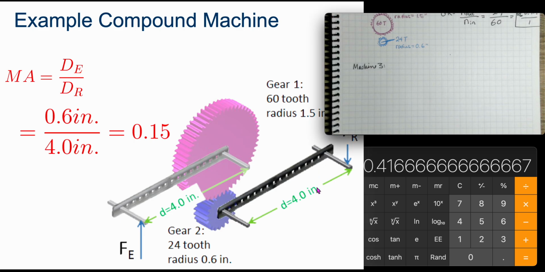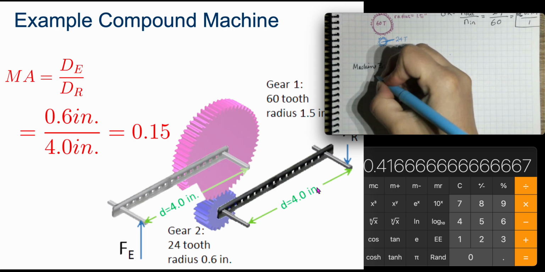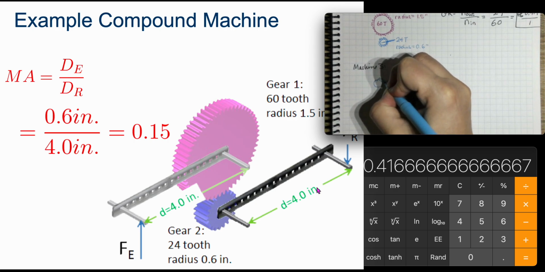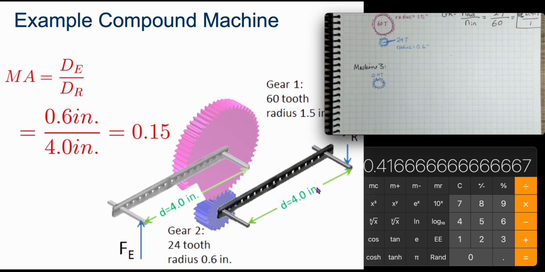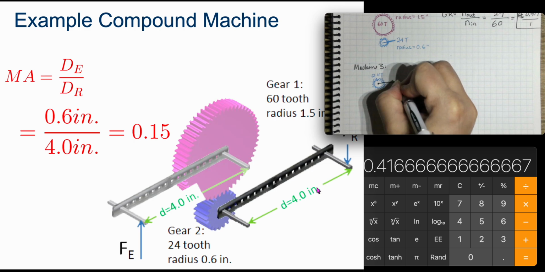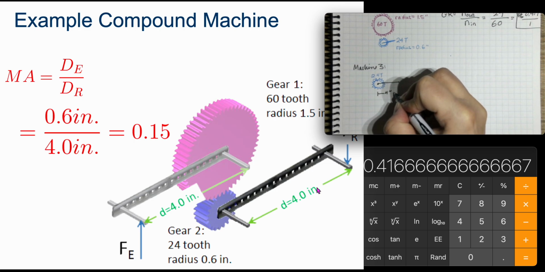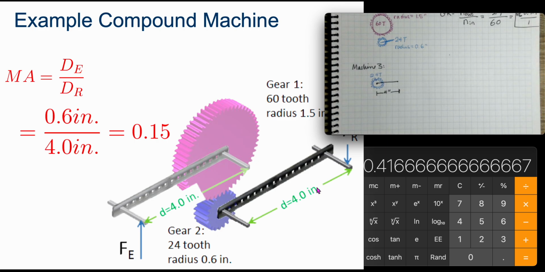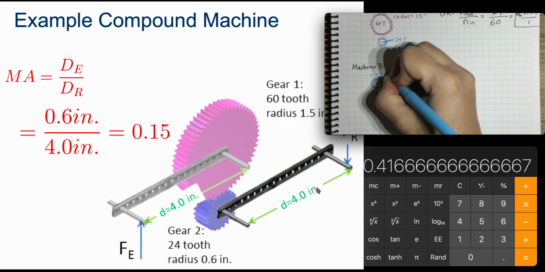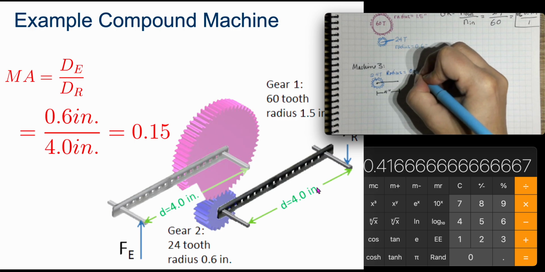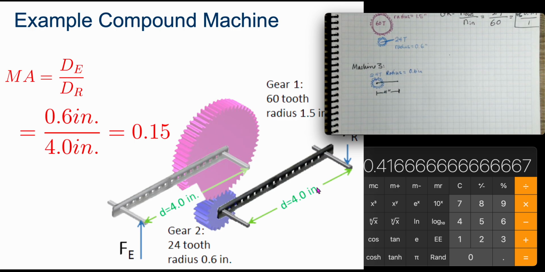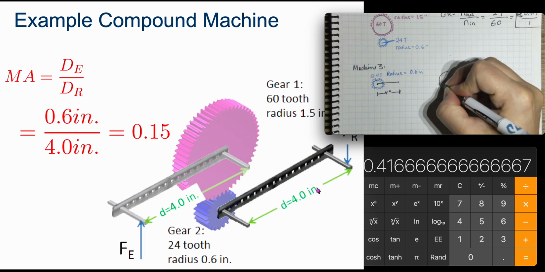So our last machine, that's our 24 tooth, 24T. And then that's connected to our 4-inch handle. And let me also note that the radius is equal to 0.6 inches for my gear. So basically, if I was thinking about this as a wheel and axle,